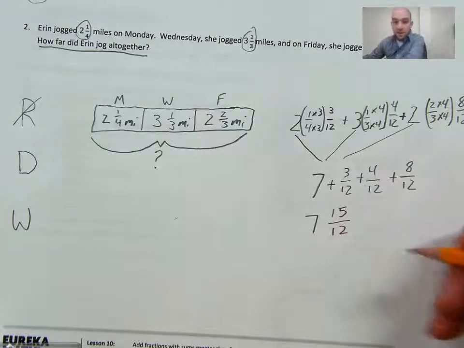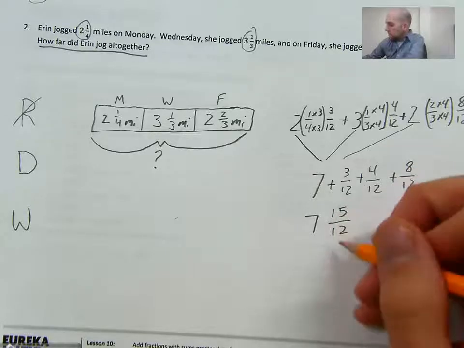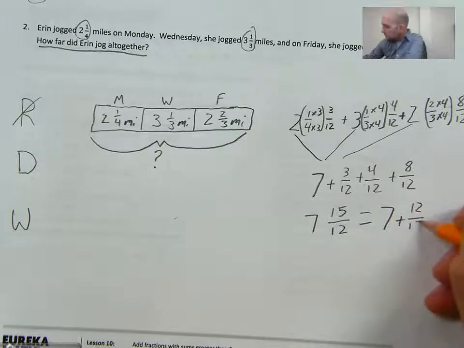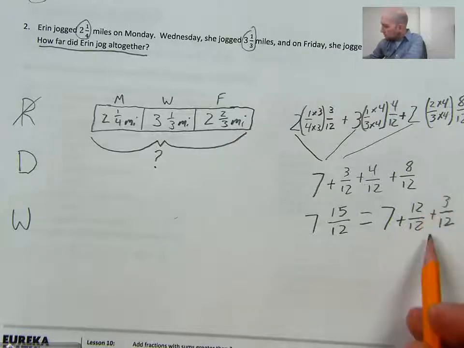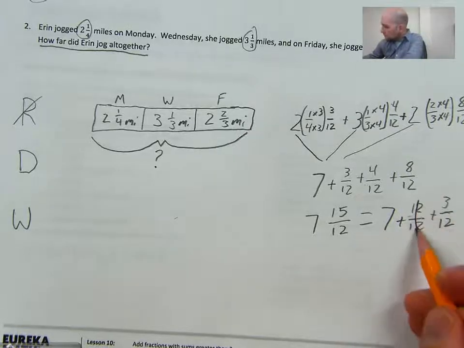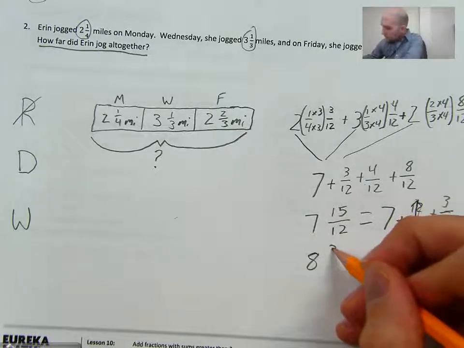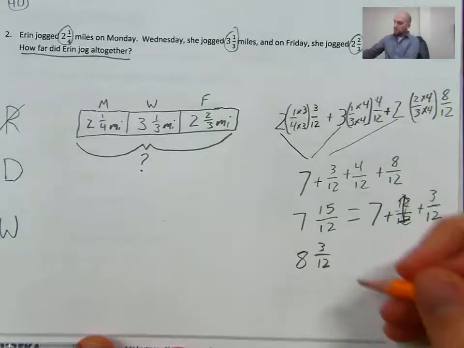And 15 is greater than 12, so I'm going to need to simplify that. I'm going to make that 7 plus 12 twelfths plus 3 twelfths. And that 12/12 is 1. So I have 8 and 3 twelfths. Now, 8 and 3 twelfths would be all right, but if we wanted to simplify that a little bit more,